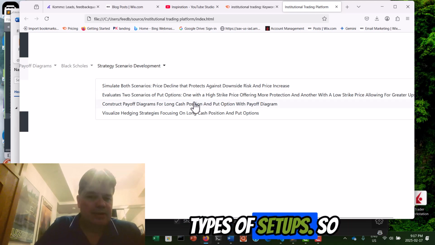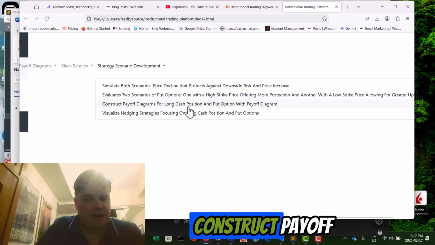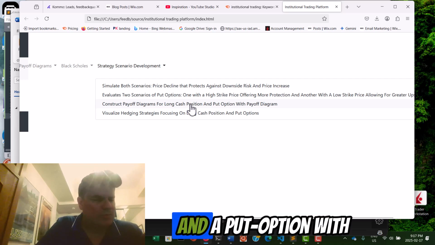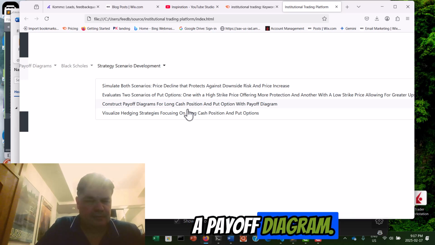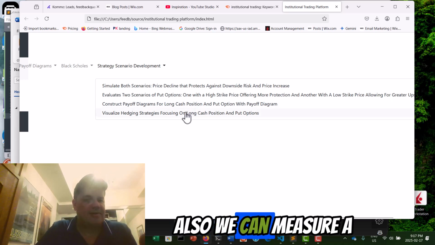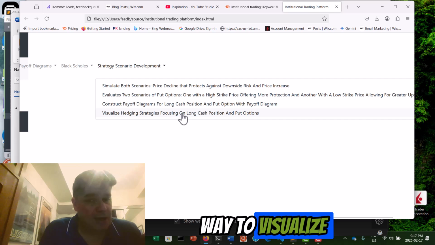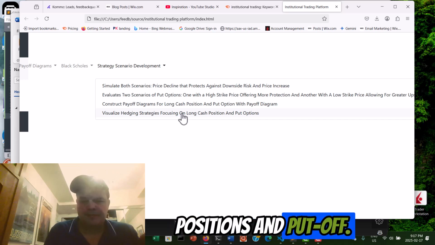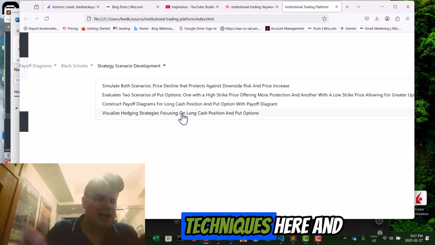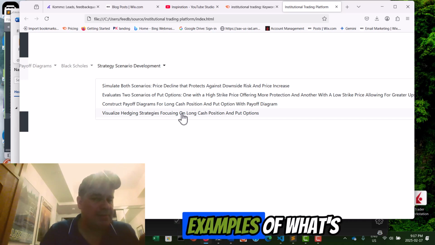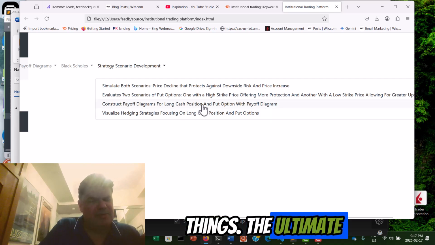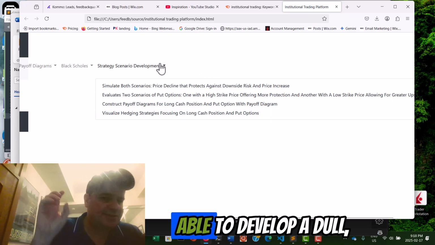of setups. So also we can construct payoff diagrams to measure long cash positions and a put option with a payoff diagram. Also, we can measure a way to visualize hedging strategies to focus on long cash positions and put options. There's different techniques here, and again, these are just examples of what's capable and future things. The ultimate thing we want to be able to do is to be able to develop a